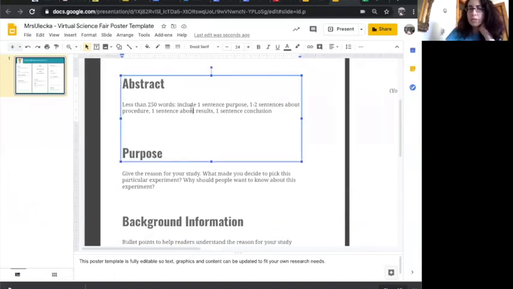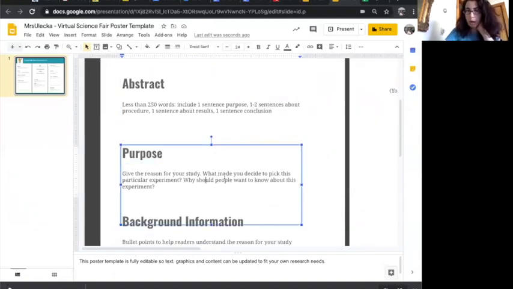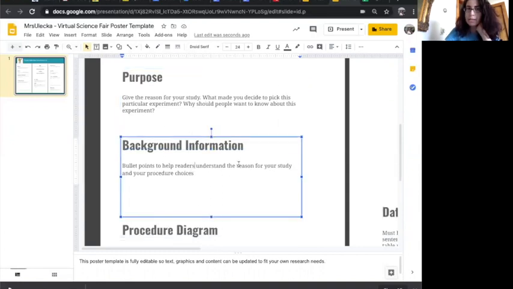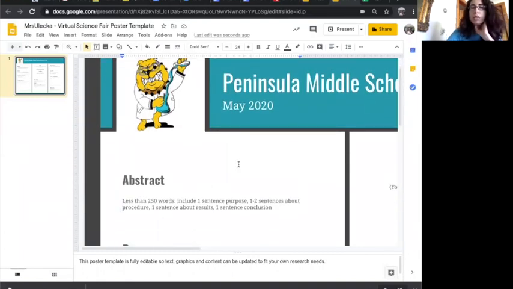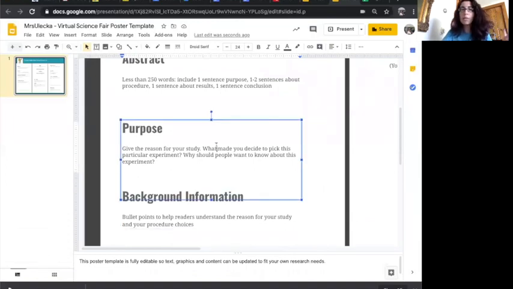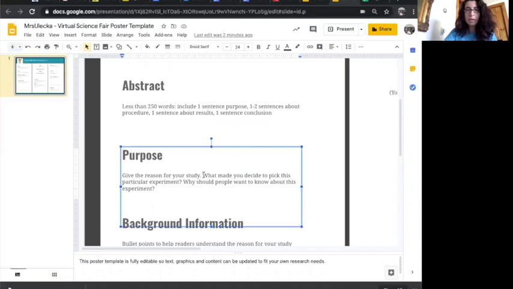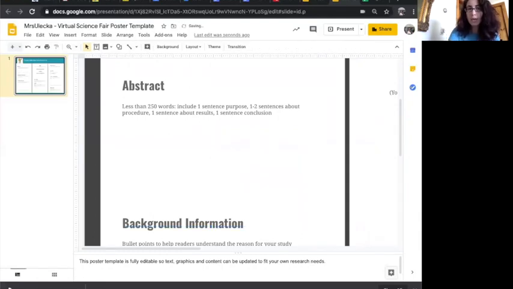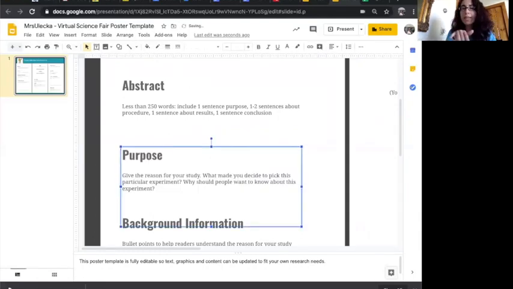So each one of these topics, it's a different box, okay? So let's say at the end of the week, you never had a chance to really explain the purpose of your project. You're not going to use this section, it's okay. You can just select the whole part. So let me show you again. I click purpose, I'm not going to use this part. I'm going to click on the box, and from the box I can delete. So I'll get rid of the whole thing, okay? I'm not going to get rid of anything before the end of the week because I never know. I'm just going to try to do as much as I can